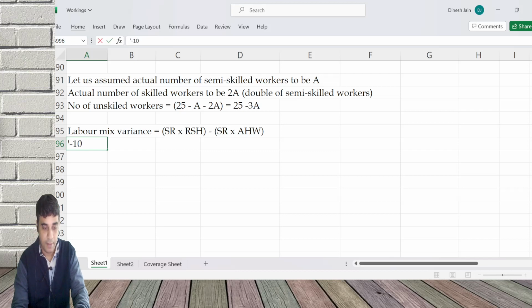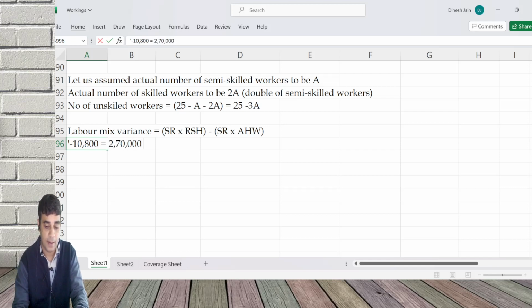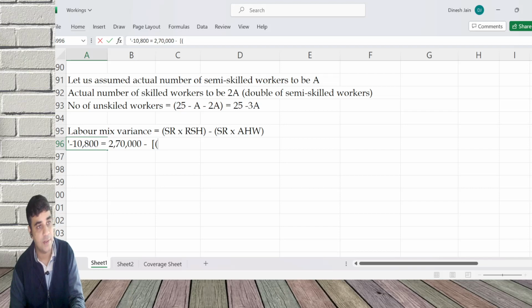Adverse, minus 10,800 is equal to 2,70,000 minus